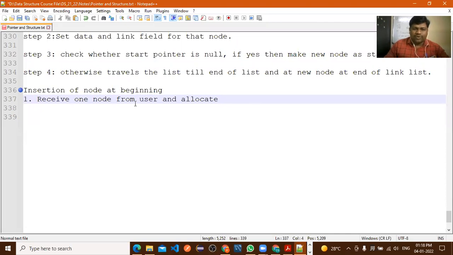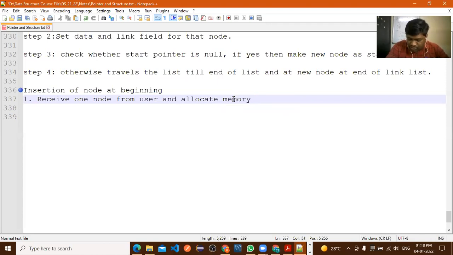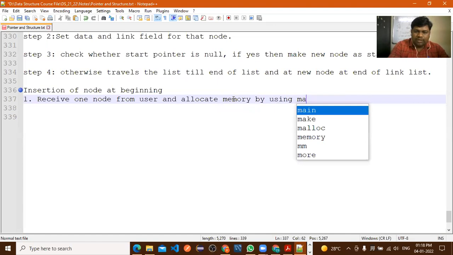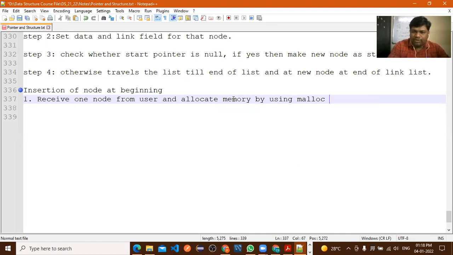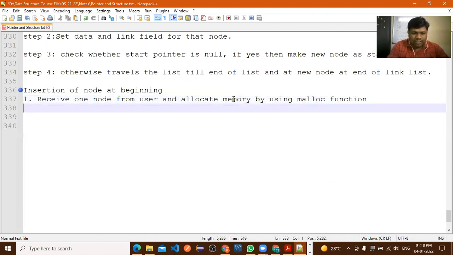Okay. Receive one node from the user and allocate memory by using the malloc function, right? Next step.